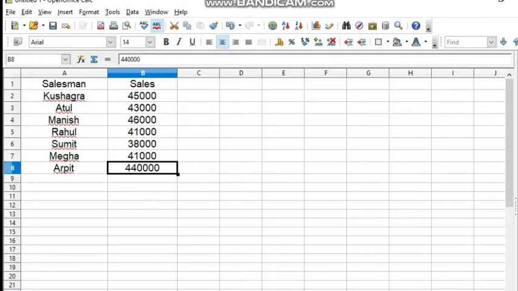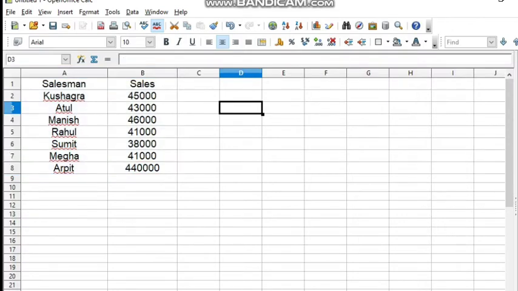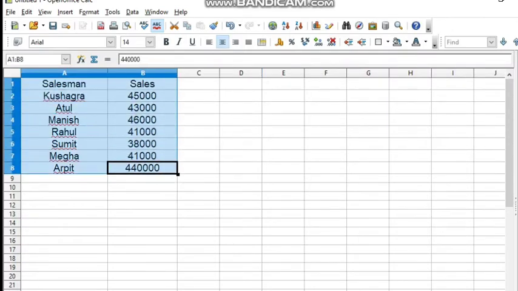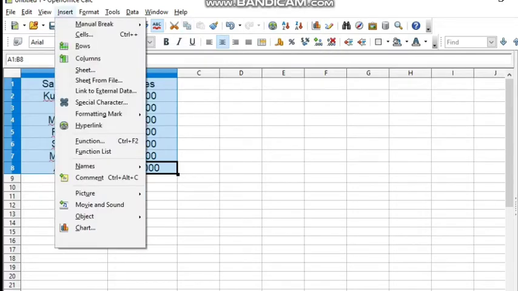For inserting the chart, you have to select the area for which you want to insert the chart, and then you can go to the standard toolbar wherein the chart option is given, or you can go to the insert menu and select the chart option. So I am on the insert menu right now and I have clicked on chart. You can see that a dialog box of the chart is open here, which is called the chart wizard. Here you will get four options: chart type, data range, data series and chart elements.